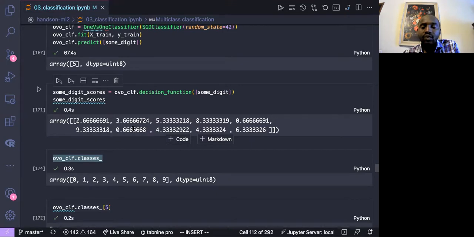If you look at this one here, when we call the decision function on our classifier and put some digit in here,